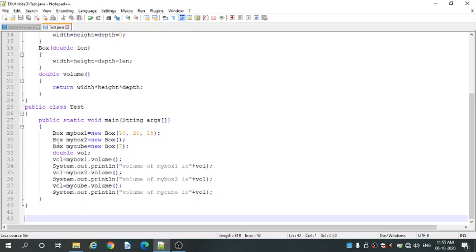Then comes the next object, Box myBox2, for the second constructor, equal to new Box. Inside the brackets we didn't pass any value. This is an empty bracket.